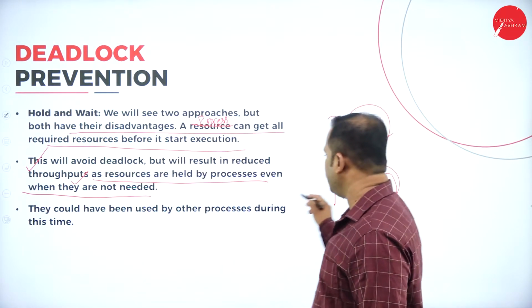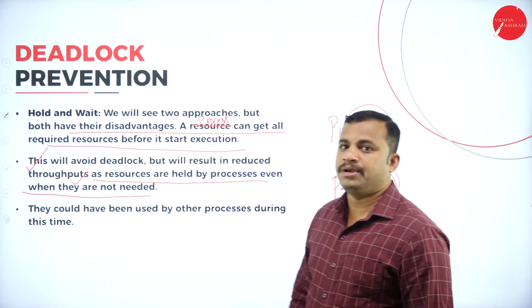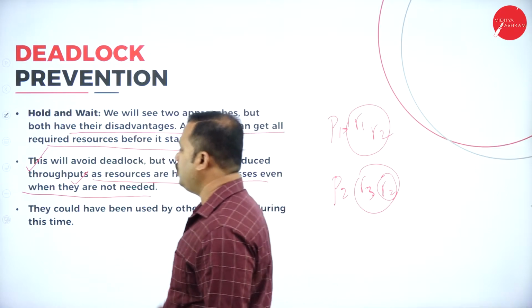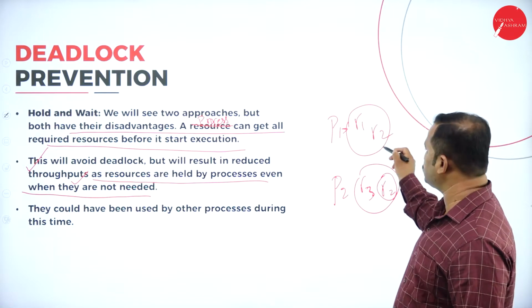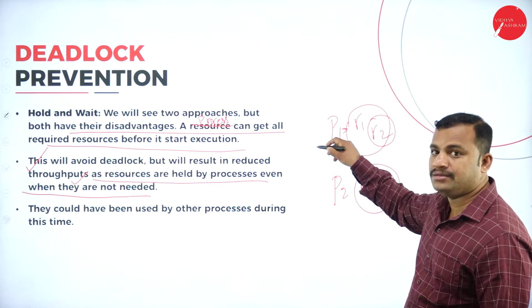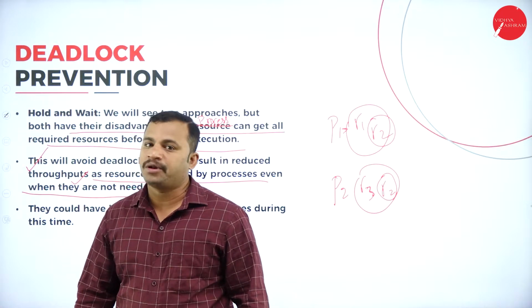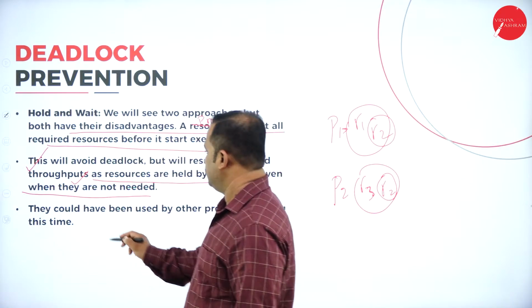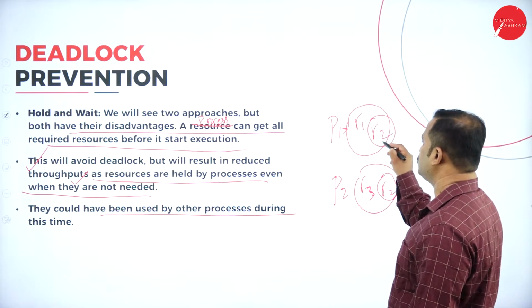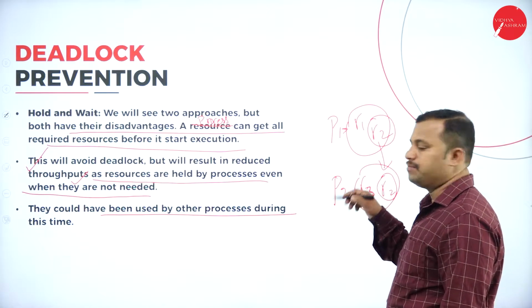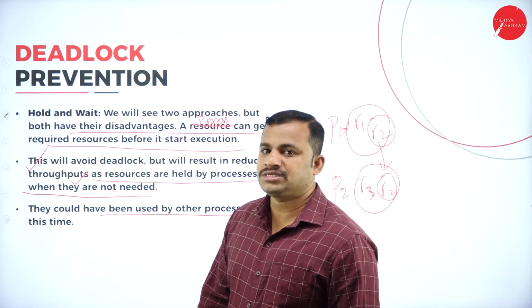That means it has to wait until the process P1 executes the complete program. That is the meaning of hold and wait. It has to wait until P1 releases the resource R2, which is held by it. So hold and wait can be one of the conditions to prevent the deadlocks. The resources could have been used by other processes during this time. That means at the same time, if the resource is released, it would have been used by process P2. Thus, we are going to prevent these